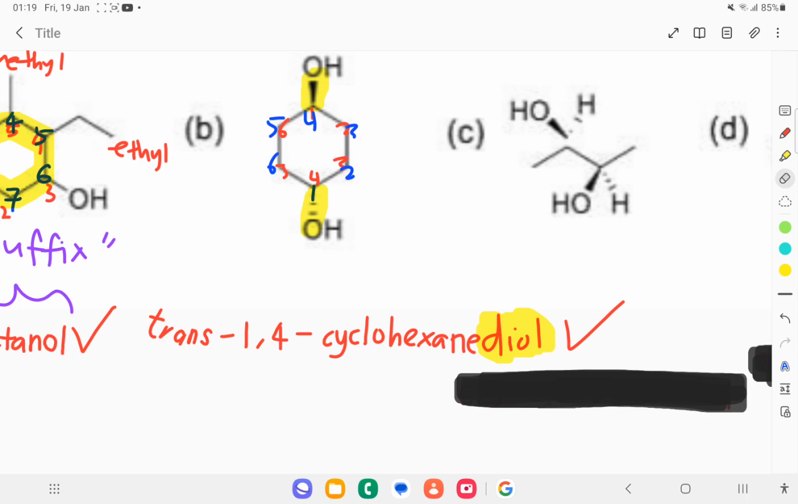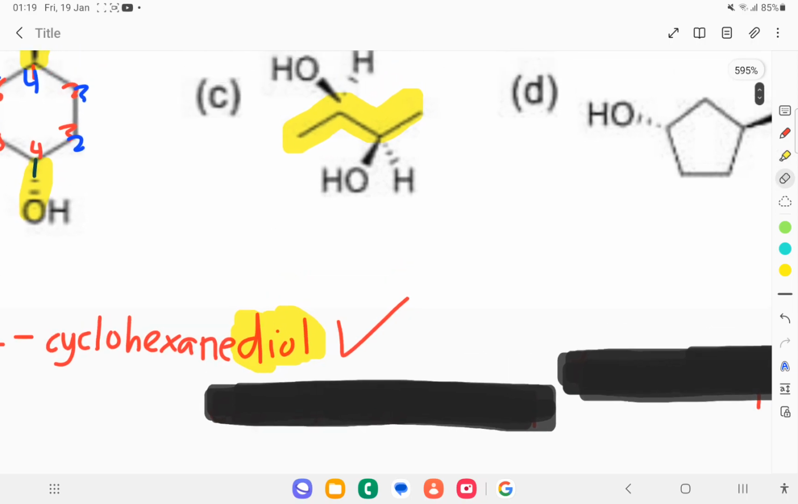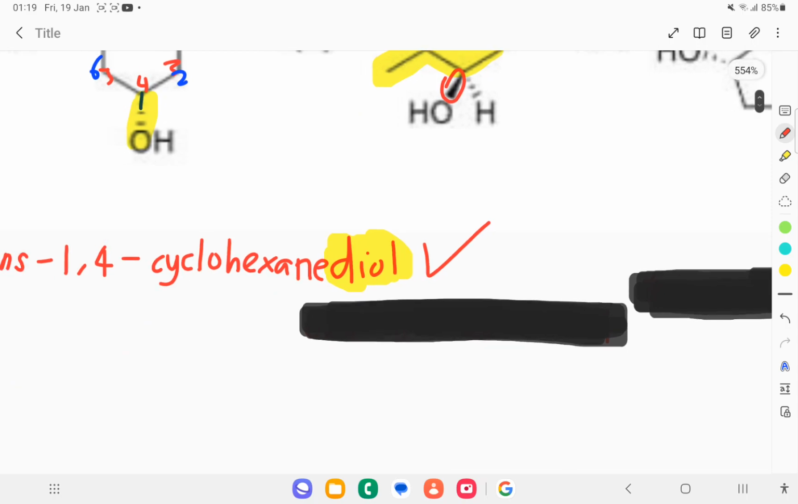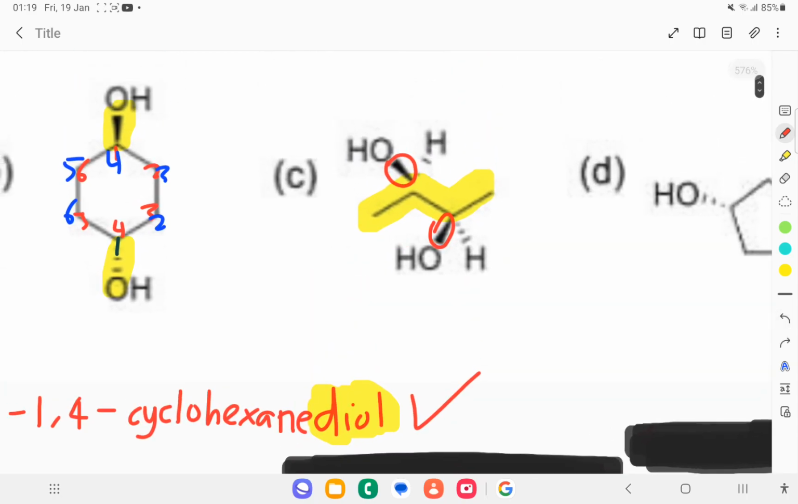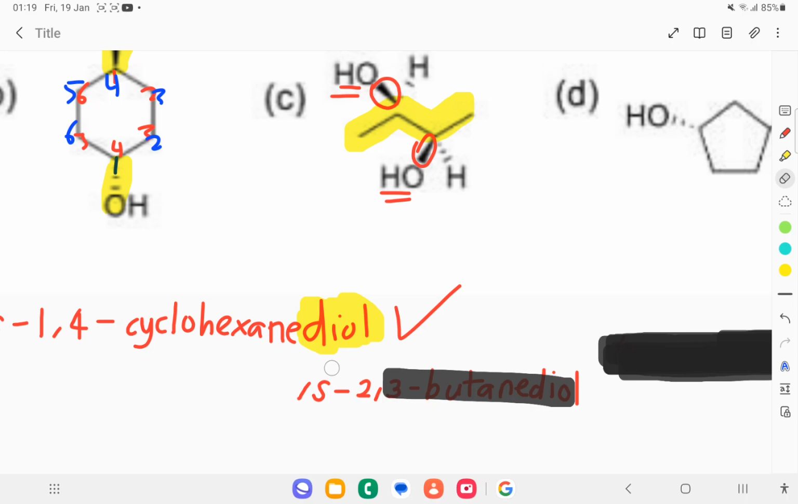What about C? The first step is also the same. Find the longest carbon chain. 1, 2, 3, 4. Okay. So 4 is butane. And then this is a cis compound because both are up carbons, both are upwards with 2 OH. So this species is also known as a diol. And the final result will become